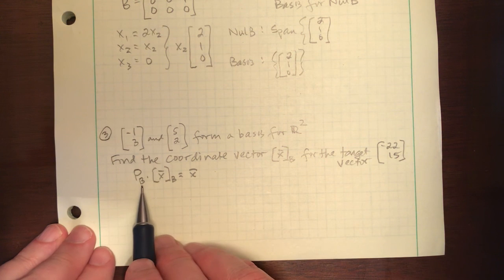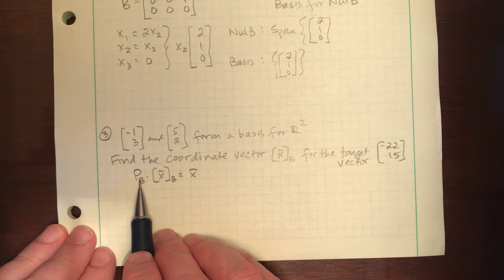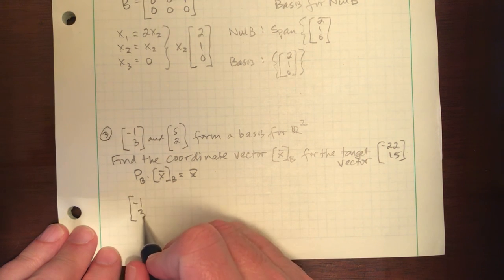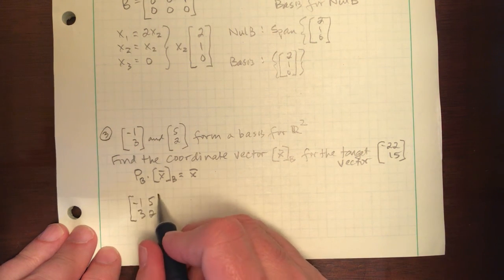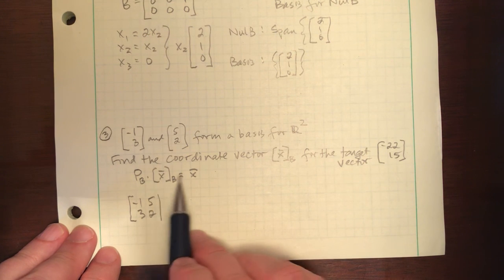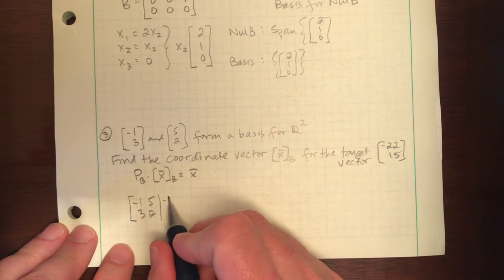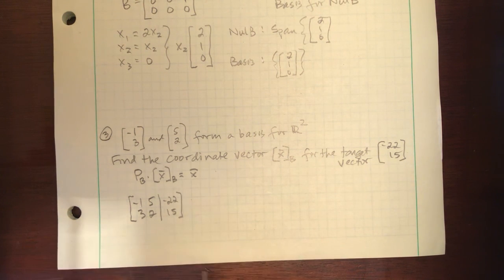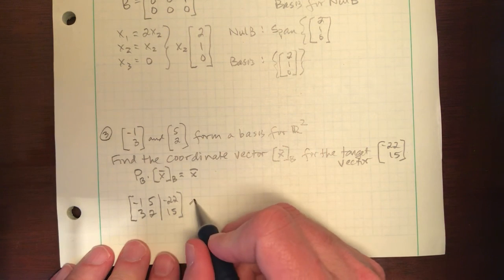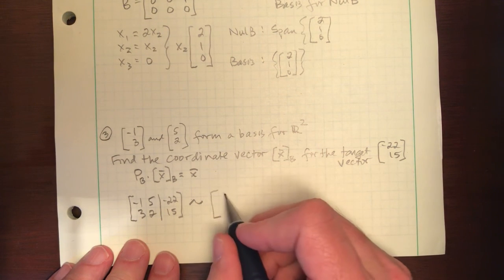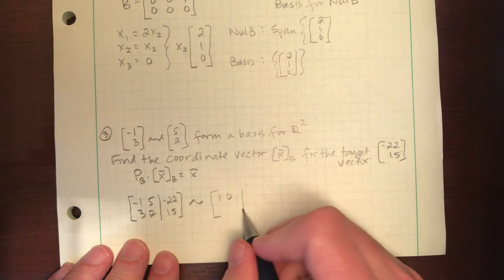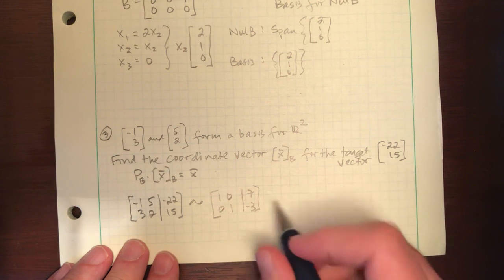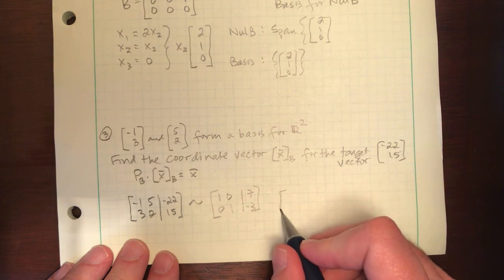I know my matrix. It's just formed by those two new basis vectors. We don't know this coordinate vector. That's what we're trying to solve. But I do know my target vector, which is (-22, 15). And that just gives us the familiar augmented matrix. We're going to solve this either by hand or grab a calculator, and we end up getting, so clearly my coordinate vector